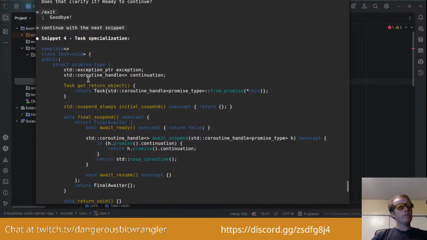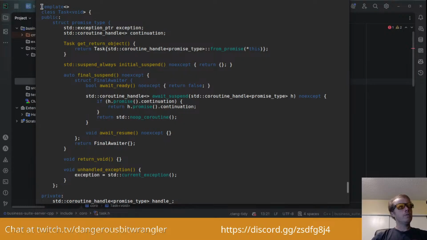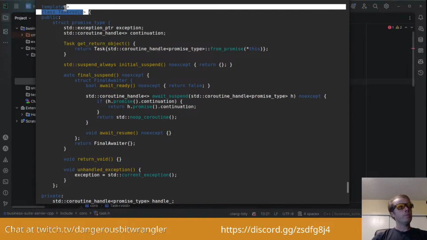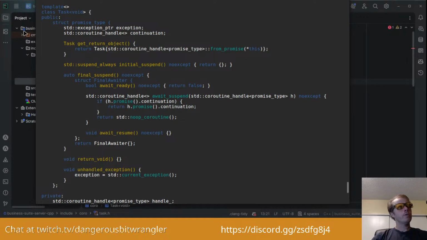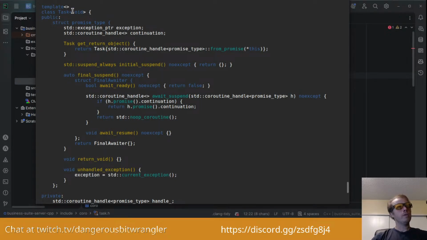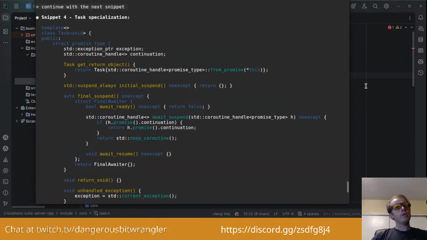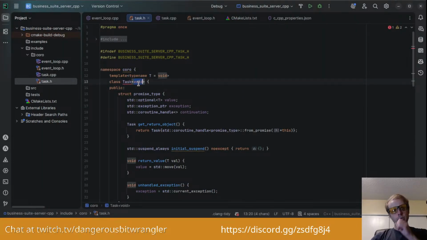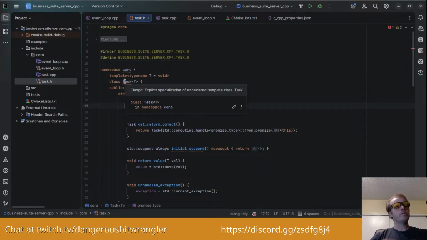AI is basically saying that this is the continued snippet, but it got rid of the contents for the template, the typename and everything. It just removed that, and then it decided to add this void tag here. I don't know why. I think that's actually supposed to be T, not void. But it doesn't like that either.